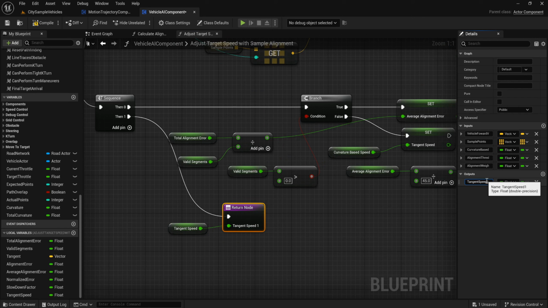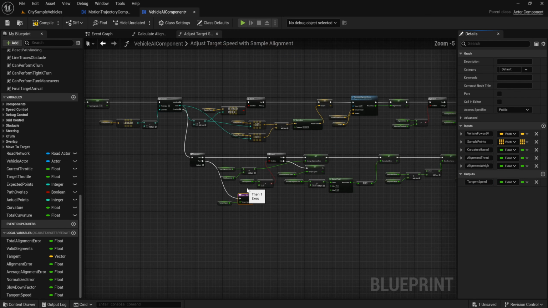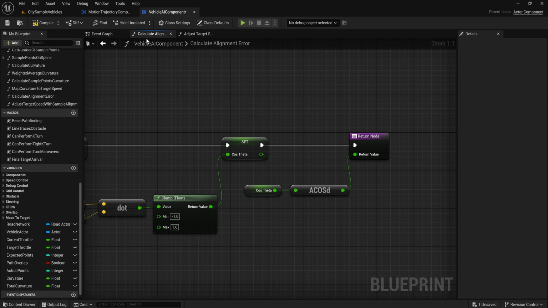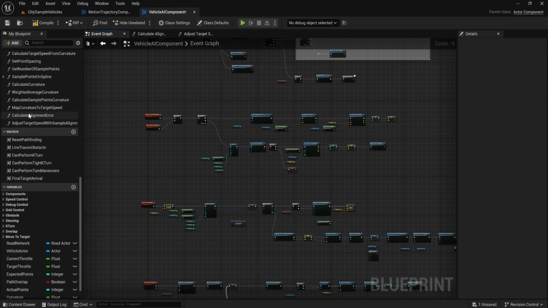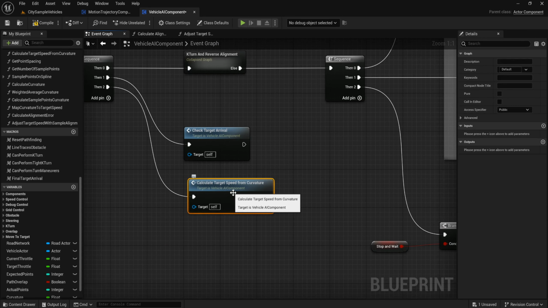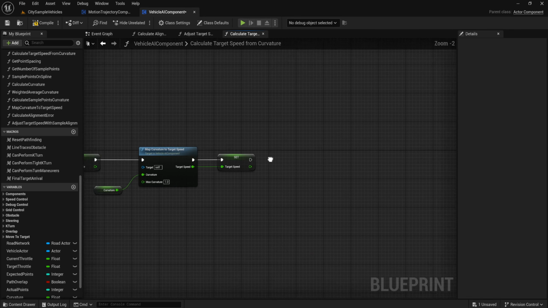And this output is tangent speed. Now go to calculate, go to calculate get speed from curvature, and we continue by